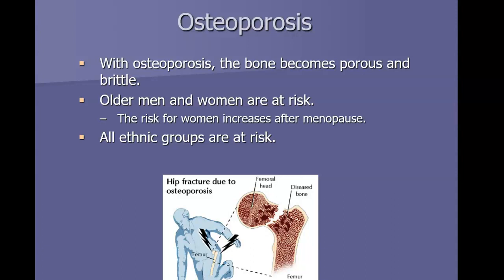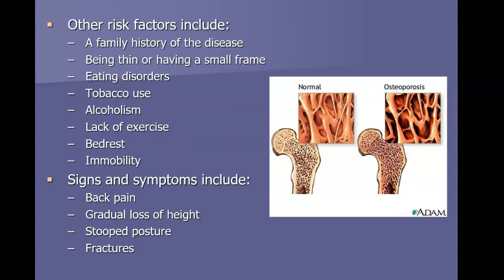It's not quite like that, but with osteoporosis, the bones become really porous and really brittle, and they tend to break really easily. This happens more commonly in women after menopause. Though it does happen to men, we tend to see it more commonly in women. What happens here is you normally do have holes in your bones, and that's where blood flow and such goes through. But in osteoporosis, the hard bone matter weakens, and these holes get bigger. So there's not as much hard bone matter, and the bones break easier.